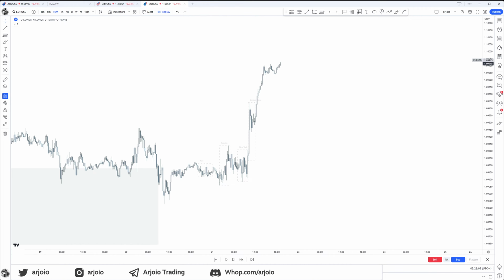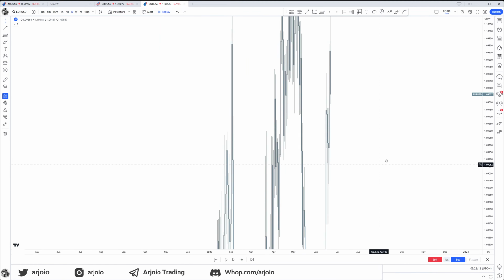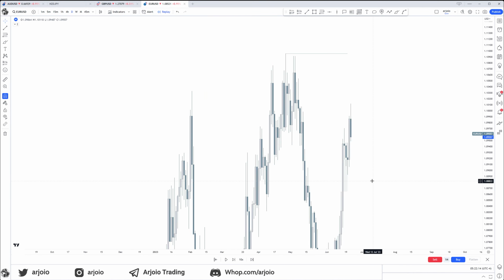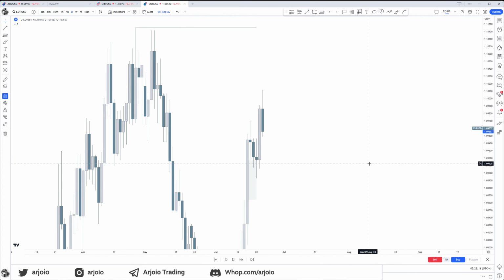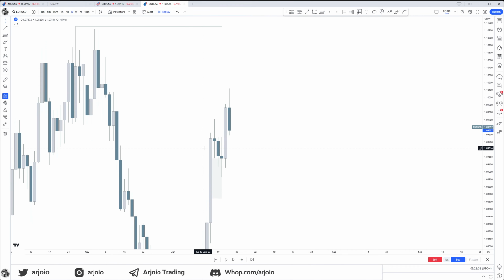Let me go over a trade I actually took on EU right here. If we take a look at the daily, we came into this daily fair value gap. Now, right here, it is essential, if you haven't watched the previous episode on the weekly profile, please watch that, because I go over the economic calendar, and the price action and the economic calendar need to be in harmony. What do I mean when I say that? We came into the daily fair value gap on a Monday, on a Tuesday, and on the Wednesday.